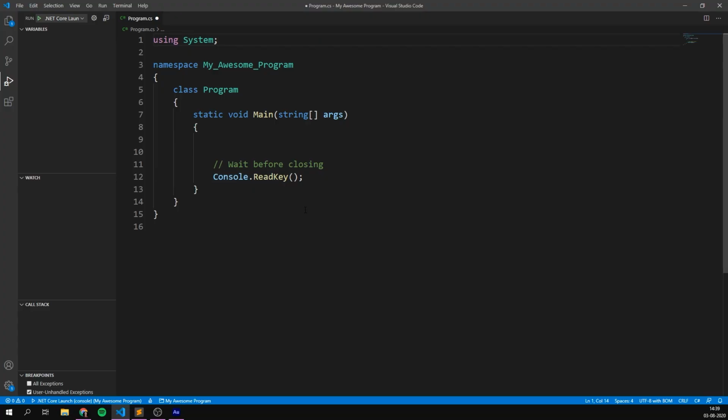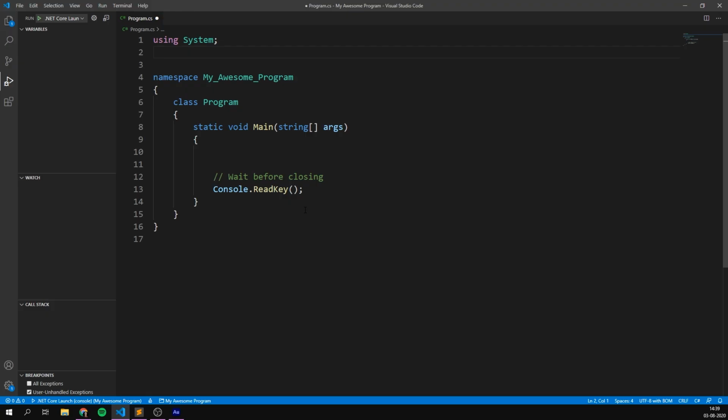But lists are inside another namespace. So at the top, we need to add another line, and here we'll write using followed by the namespace we want to include. Lists are inside of the system.collections.generic namespace. So just by writing that here, we've now included all of this functionality that we can now use in our program. And with that, we can start using lists.